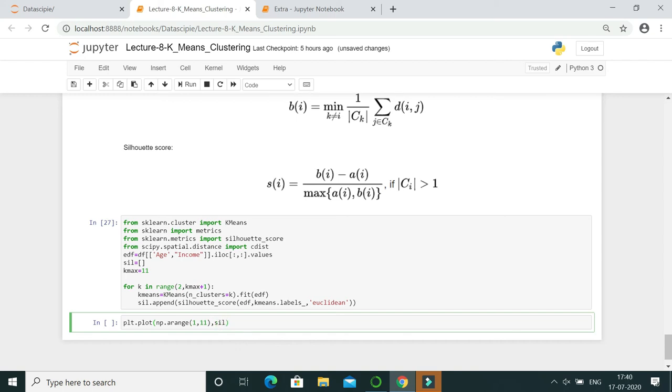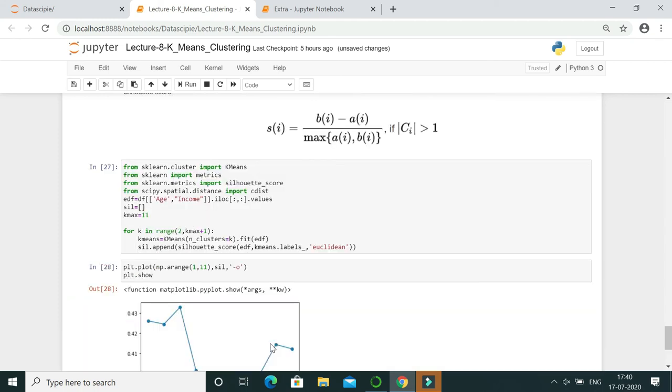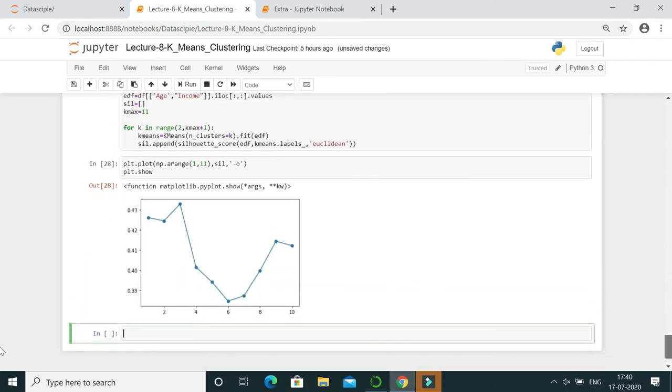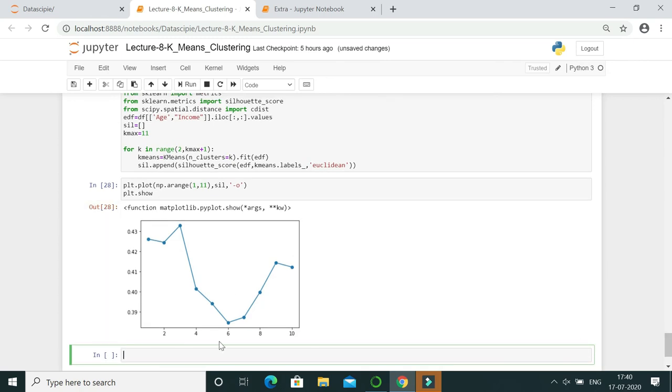So sil, and we define it with dash o. Then we plot it. So plt dot show. When we execute it, we get silhouette score versus K. Okay. So we notice that for 3 clusters we get the highest silhouette score. So for our given data set we would utilize a total of 3 clusters.